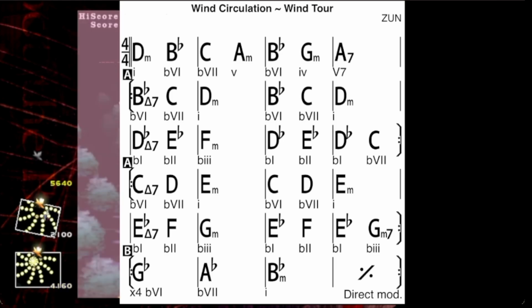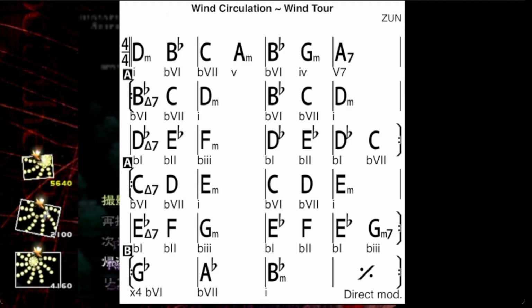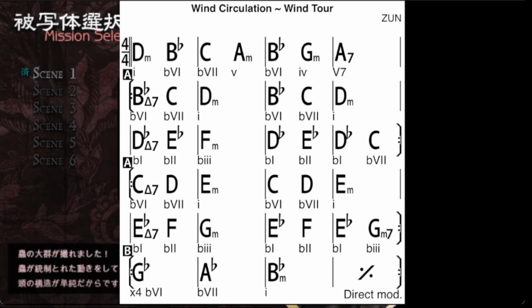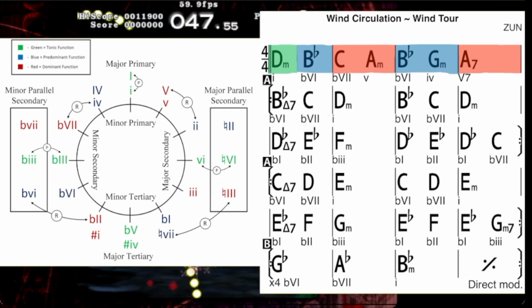Wind Circulation Wind Tour is a piece of music that, if you don't understand Zun's unique method of modulation, is pretty unintelligible. This is mainly because the modulations that take place in this piece are hyper-specific to his style. Starting out at the beginning of the piece, we have